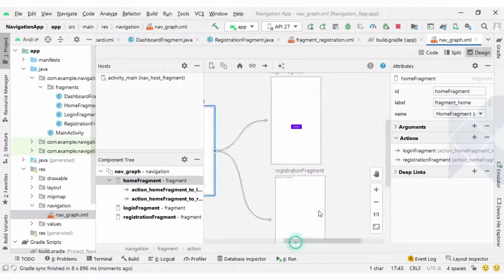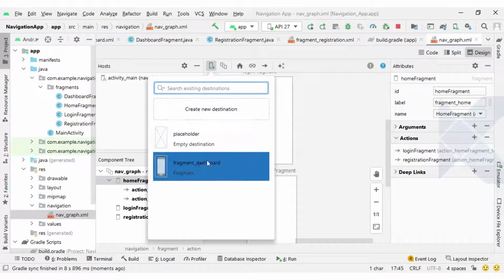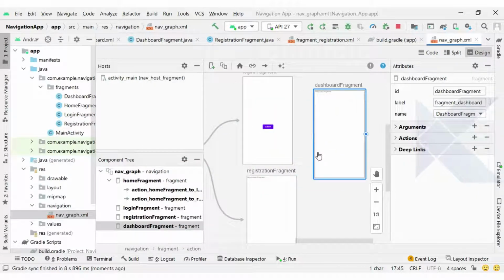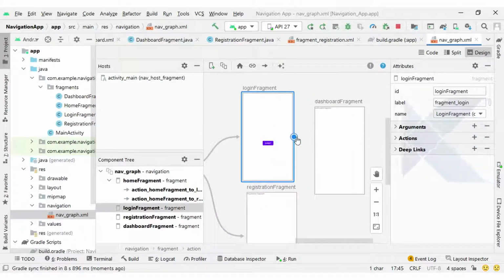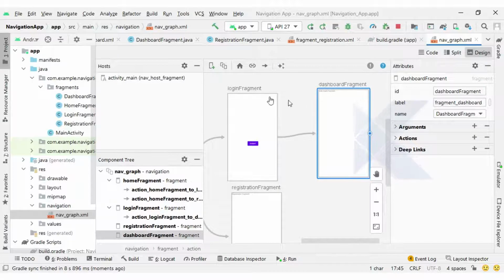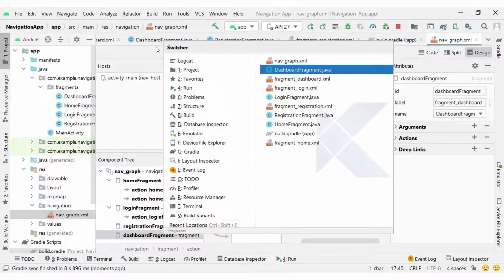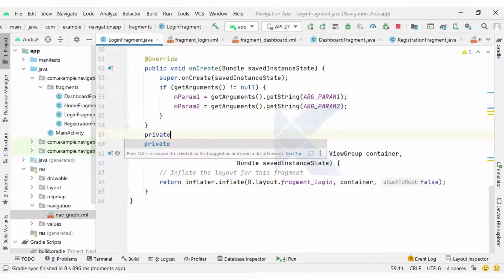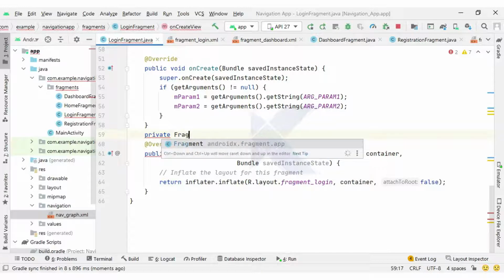Here you can see the dashboard destination, and on this dashboard destination I will redirect from the login fragment. So I will connect this action like here. So from the login fragment I want to redirect to the dashboard fragment. Next, inside our login fragment we will write the code. So first of all I will create the instance of binding.